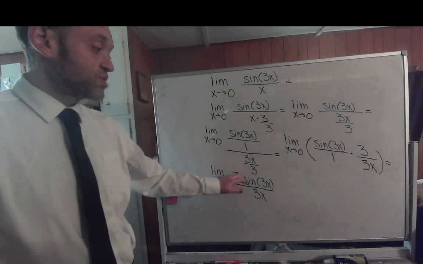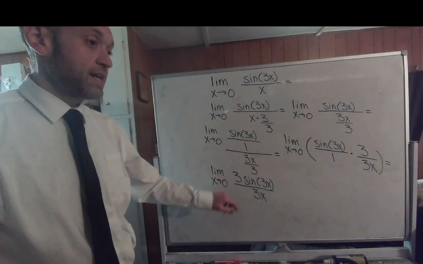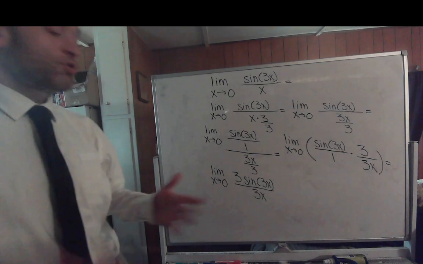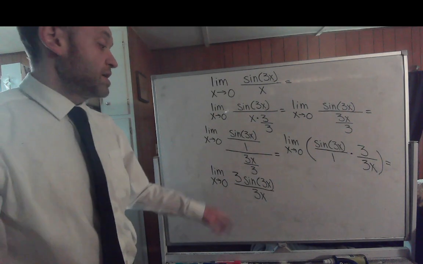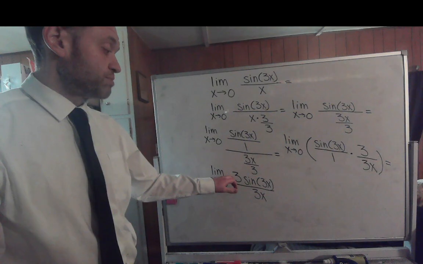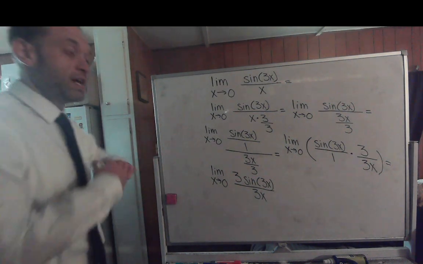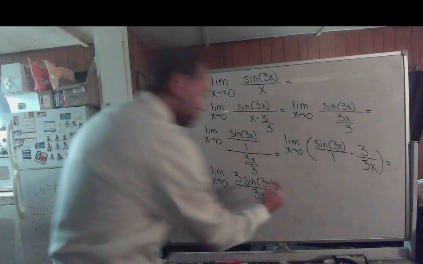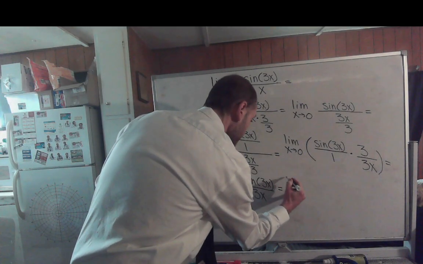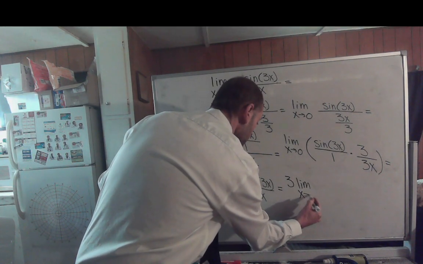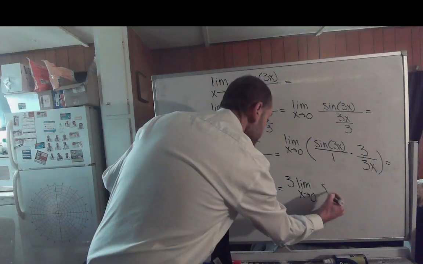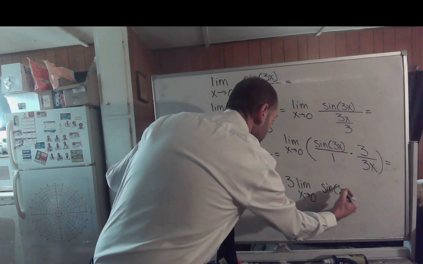But you have this extra factor of 3 on the sine as a coefficient. Remember, a property of limits is you can move the constant multiple outside of the limit and multiply the limit by that constant multiple. So this could turn into 3 times the limit as x approaches 0 of the sine of 3x